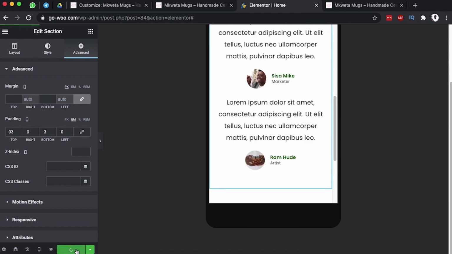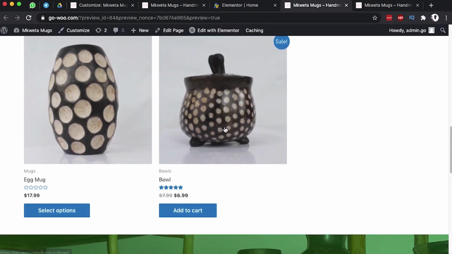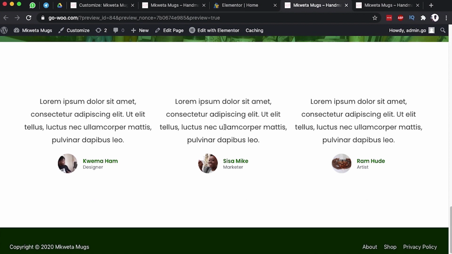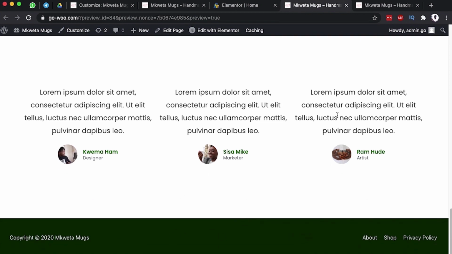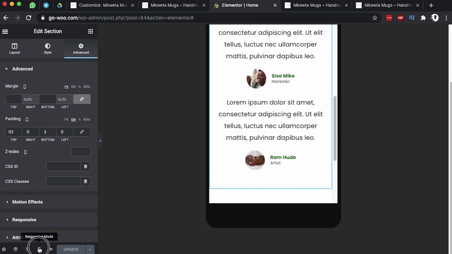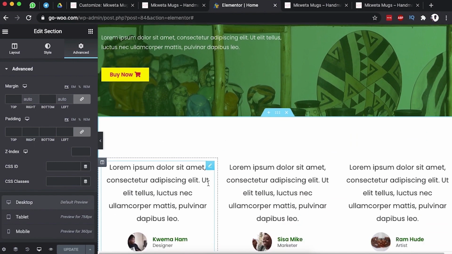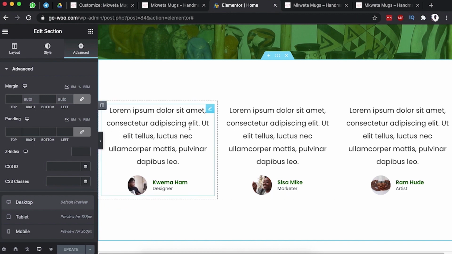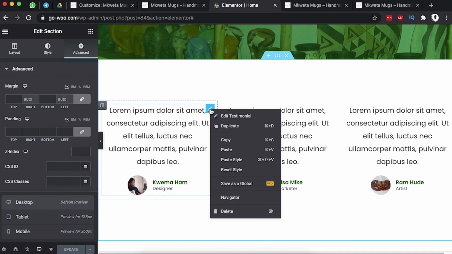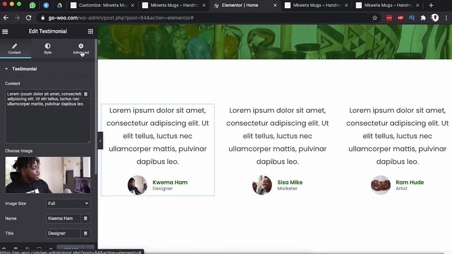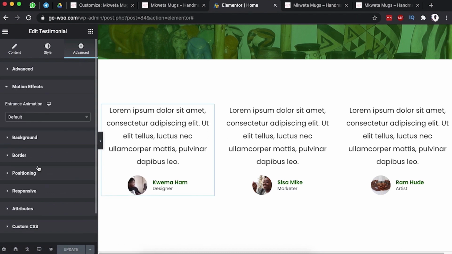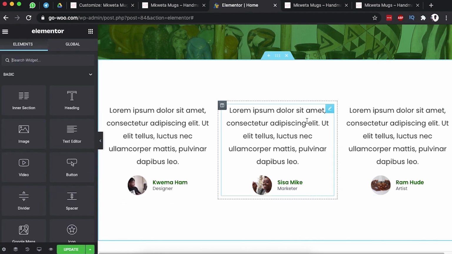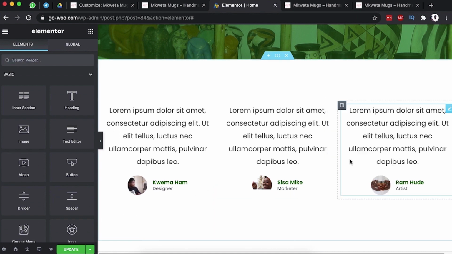Okay, so I update. Let's preview. Cool, here are our testimonials, and then we have our footer bar up here. So I'm going to come back to the desktop and I'm going to add some motion effects on these testimonials. I can simply select this section or the widget, come to advanced, motion effects, entrance animation, then I'll copy, come over here, paste style,